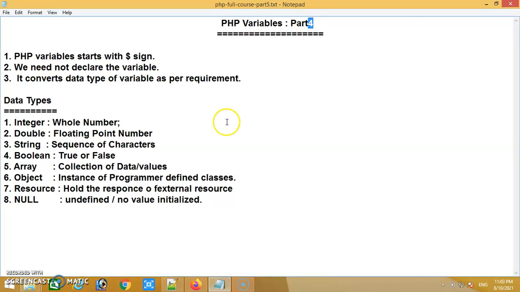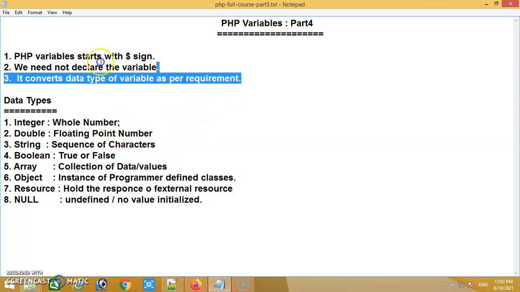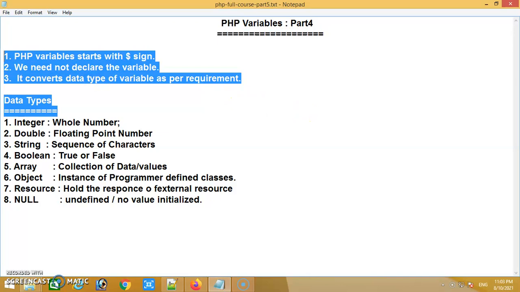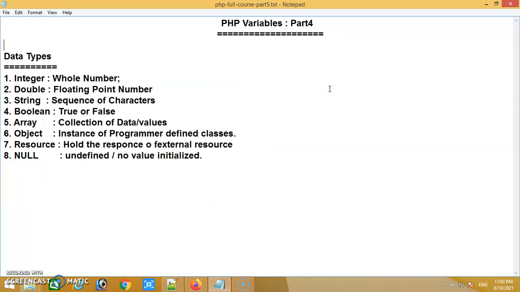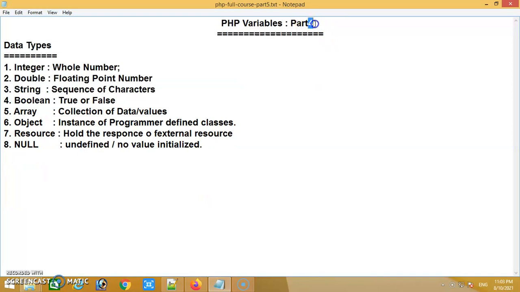In the previous tutorial session I discussed the variables, the rules of variables, and what data types are available in PHP. For this tutorial I'm writing here, this is part 5.